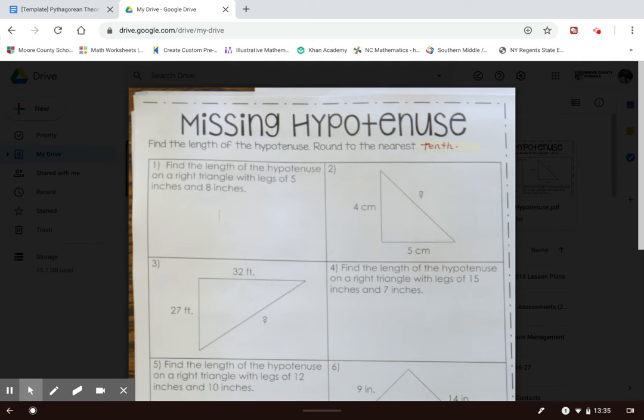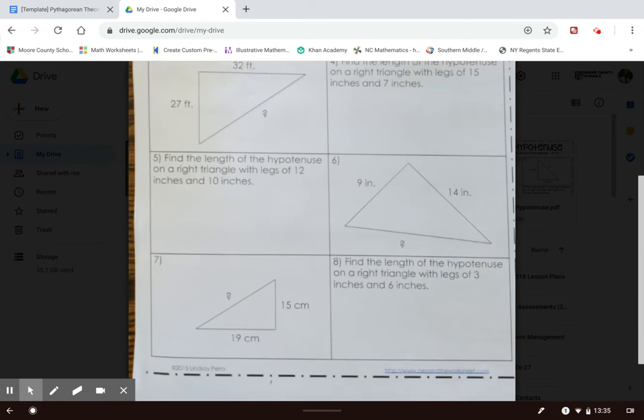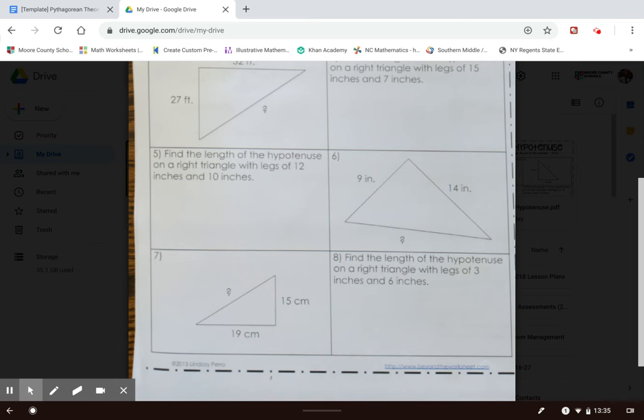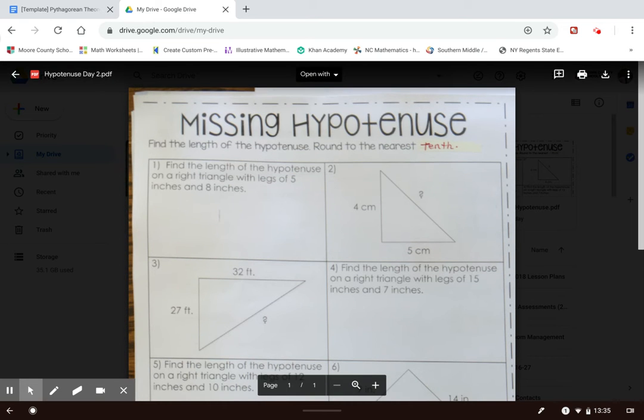The instructions for today's assignment are to find the length of the hypotenuse and to round to the nearest tenth. What makes this assignment a little different from yesterday's is that half of the problems are going to be in words and the other half in diagrams. So if we start with number one,